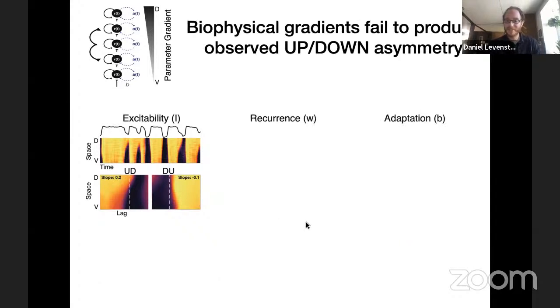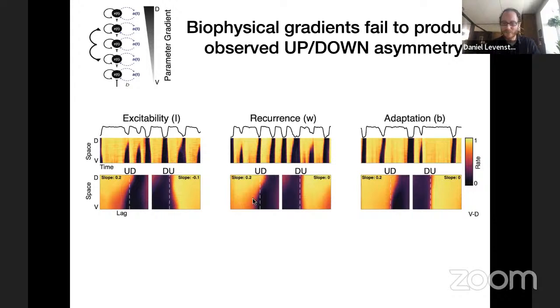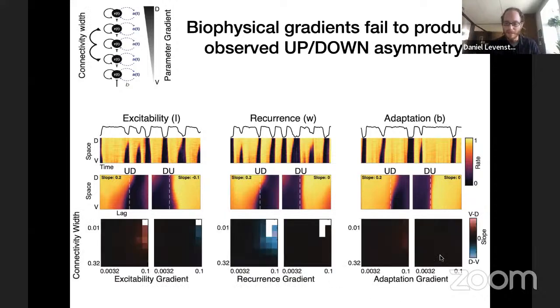And so it actually turns out that none of the gradients in the model are able to produce the up-down asymmetry. In all cases, you get an up to down transition that isn't synchronous, which was really the key feature that we saw in the data. And I've only shown this with a single parameter example, but when we do a sweep through parameter space, we see that this is the case. So at this point, we took a step back and said, that's a little disheartening. What can we do to our model to capture this?